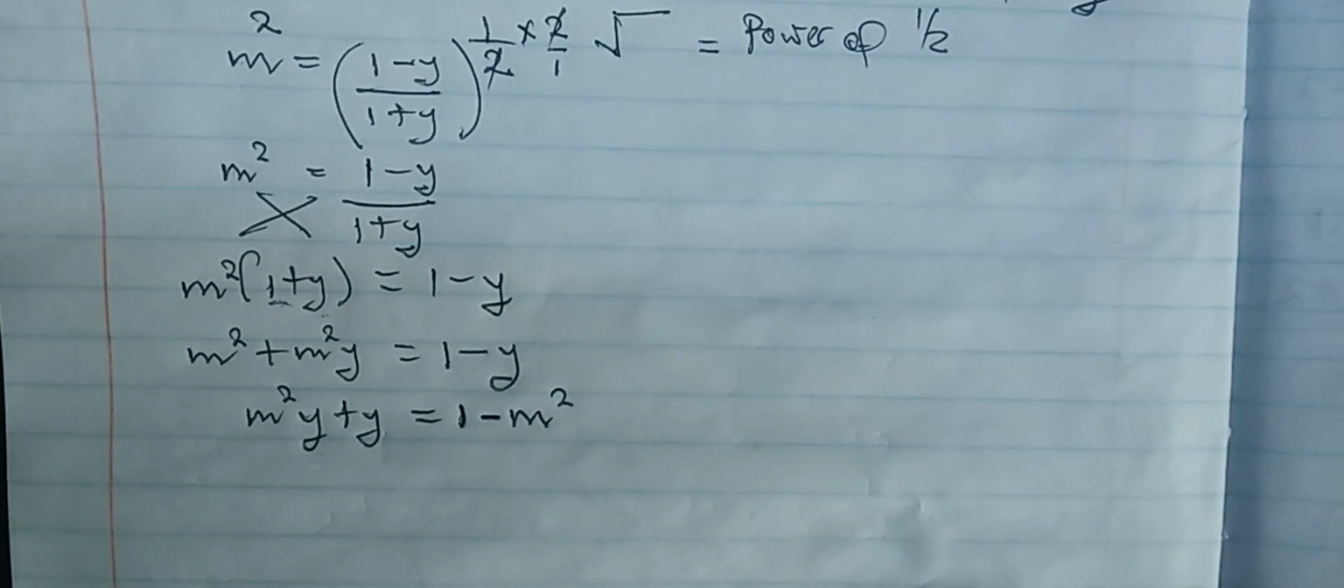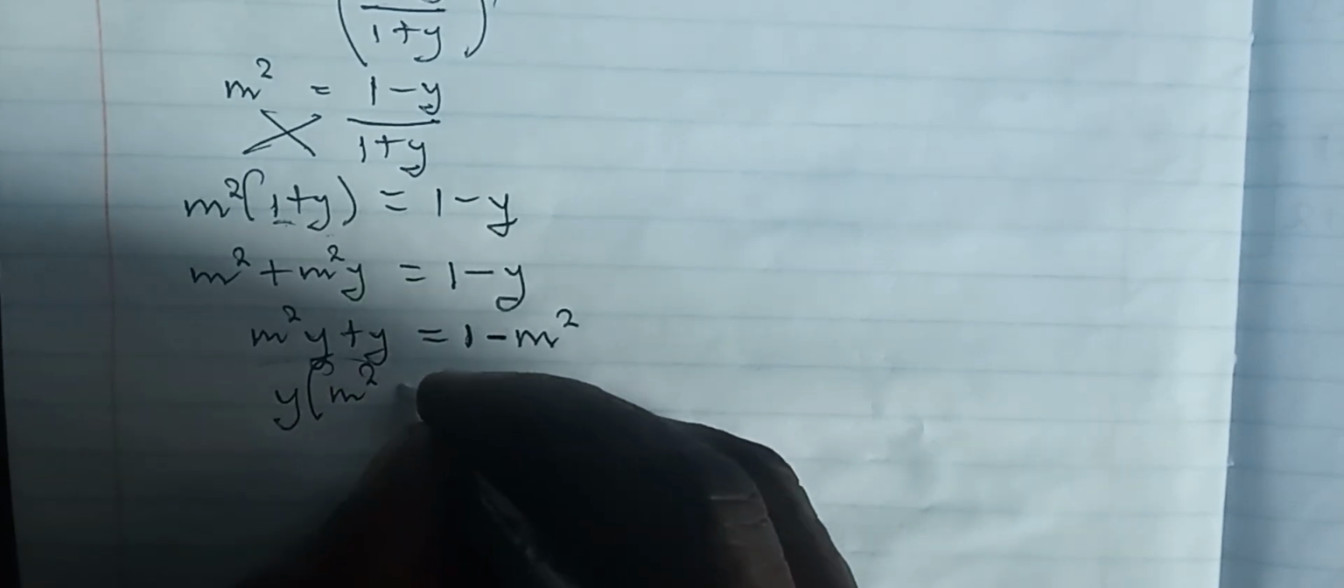So after this, remember we are solving for y, we are going to factor out y on these two terms, and in the bracket we are going to have m squared plus 1 is equal to 1 minus m squared. So that if we multiply y with everything that is in the bracket, we are going to go back to this expression. So after factoring out y, we are going to divide both sides by m squared plus 1,